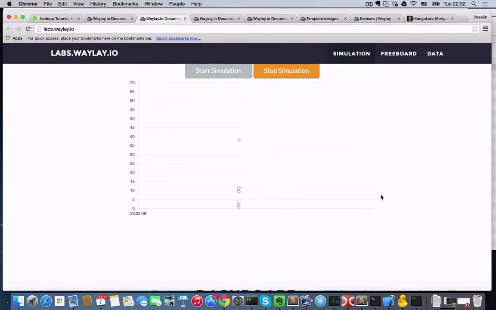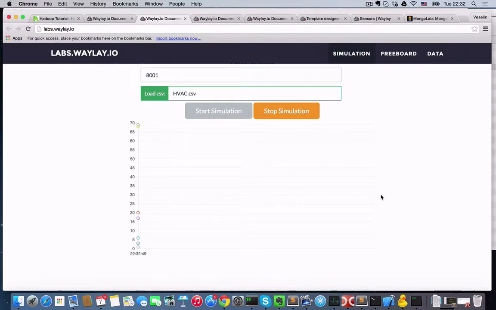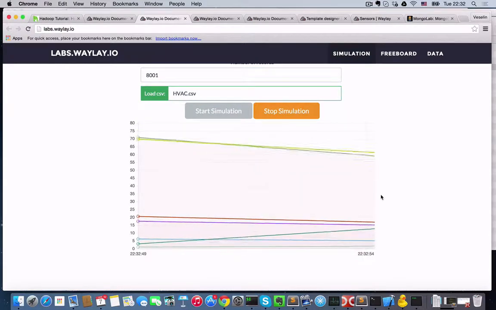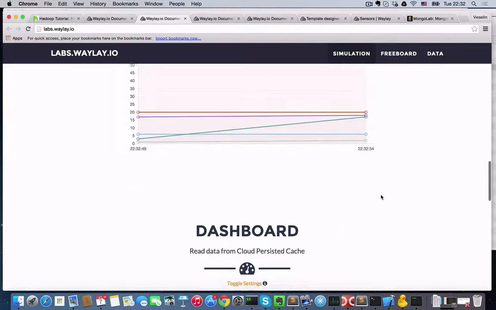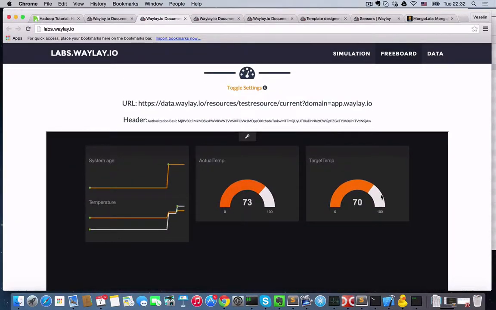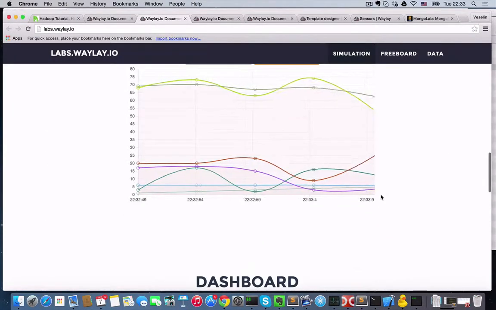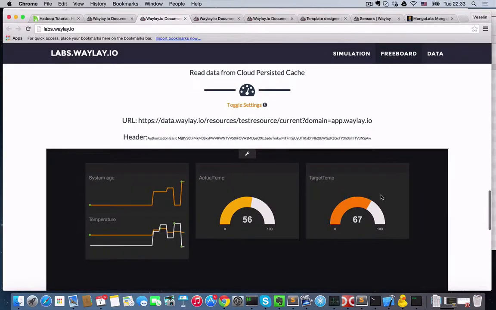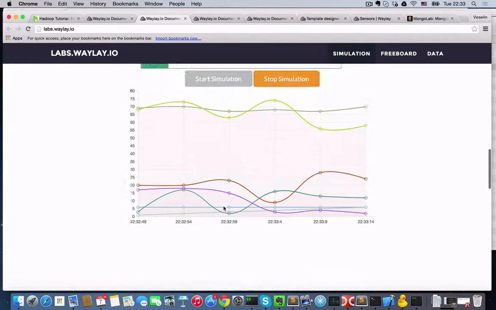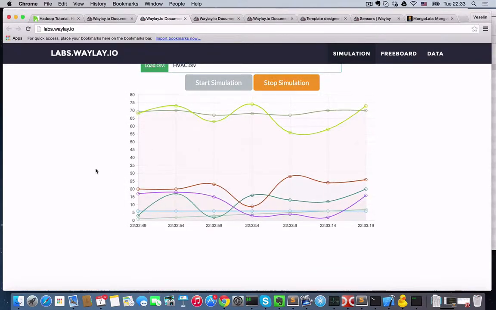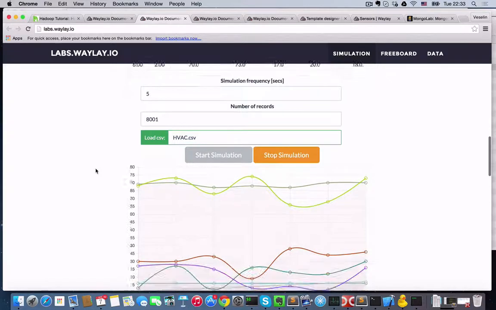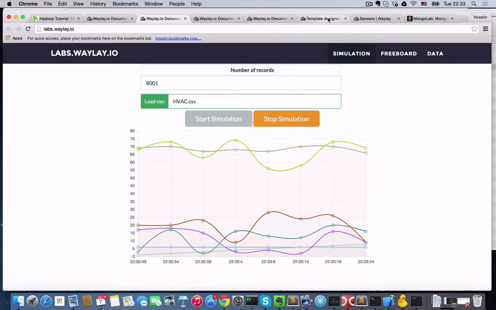I will see that data eventually gets pushed every 5 seconds towards the broker. And then I also see here at the dashboard that we are connecting the data and presenting it from the cloud cache back into the same browser. So this data is roughly the same. It is the same with a delay equivalent to the round trip delay between the browser and the broker. Okay, now that we have this simulation running, let me go then to the